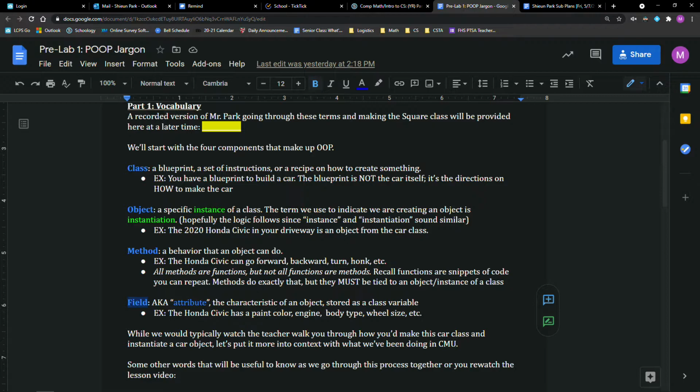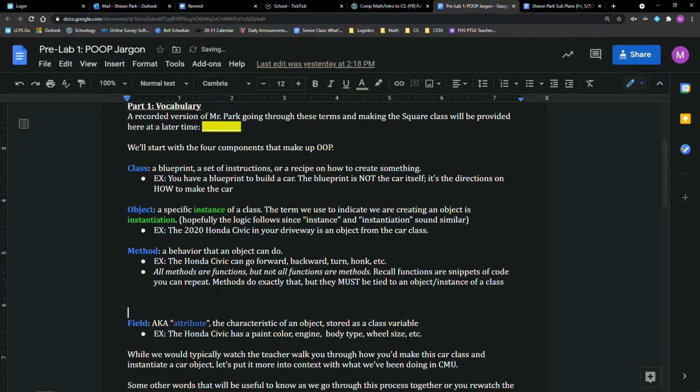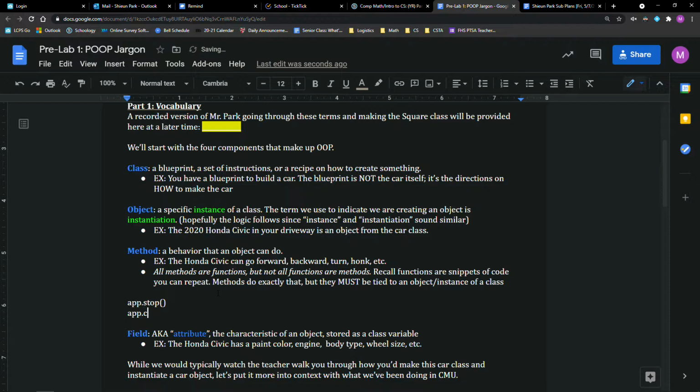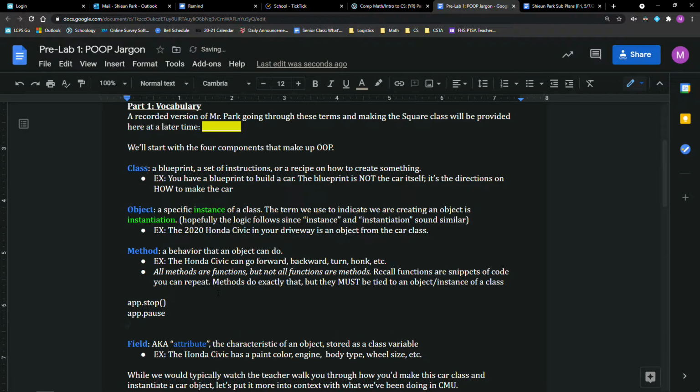They all have something similar in that they always have the open parentheses, close parentheses. So I can just quickly type it in right here, like app dot stop. Notice it's an open parentheses and then closing parentheses, right? App dot pause, right? If it's a group, you could say whatever the group is called. Let's just call it G. G dot clear means remove all shapes from it. And they're all the same thing.